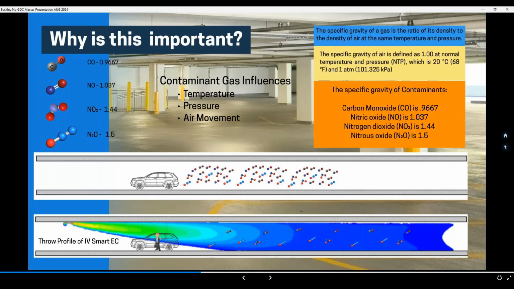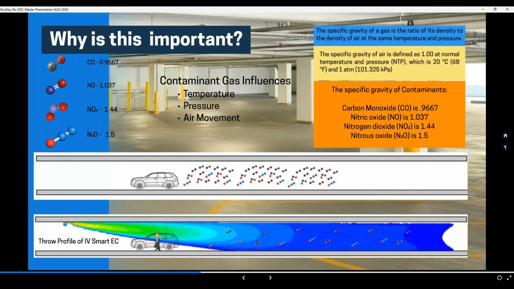If we look at them in relationship to the specific gravity of air, if we look at that as being typical 1.0 at normal pressure and temperature, air being 1.0, your carbon monoxide is 0.967. Whereas if you were to look at your nitrogen dioxide, that's 1.44. So carbon monoxide is slightly lighter. Nitrogen dioxide is considerably heavier. What happens there then is your nitrogen dioxide will sink down to the lower part of the garage, and your carbon monoxide, which is the most prevalent contaminant based off the vehicle types that we see today in parking garages,